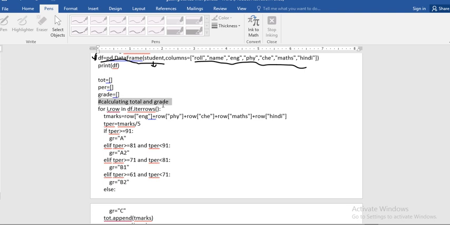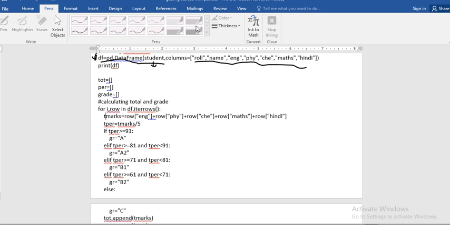After that, for calculating total and grades, use here for i, row: i means index and row is used to access the column values, for i, row in df.iterrows. You have already discussed the iterrows function, which returns the rows one by one.